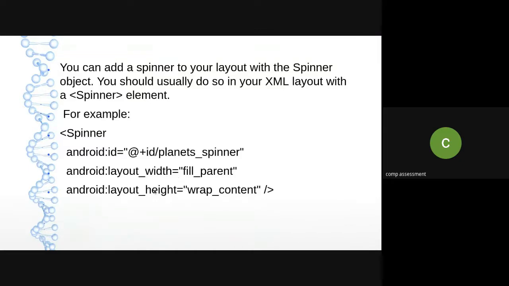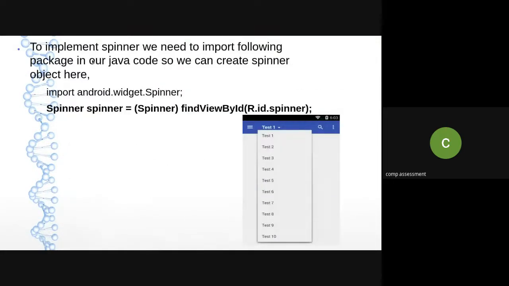So what will be the default height and width of that particular widget? That can be specified in your attributes. So three basic attributes are auto-generated for your spinner, that is the identifier for that spinner, its width and height. So these are the default attributes for the spinner. Now to implement the spinner, we need to import the following package in our Java code.